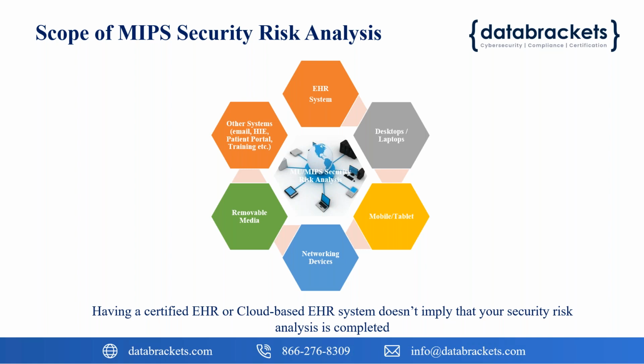And then also your other systems that are talking to your core EHR system, for example the patient portal and any kind of third-party services that connect to your core EHR system, including the HIE, the health information exchange, and whatnot. So those are some of the things that we cover as part of this